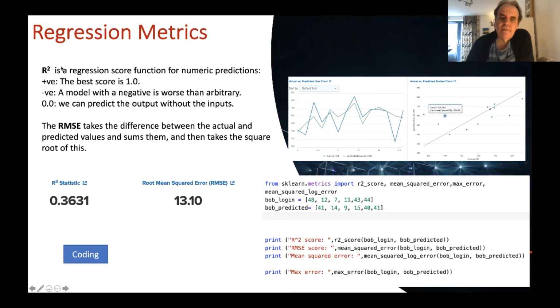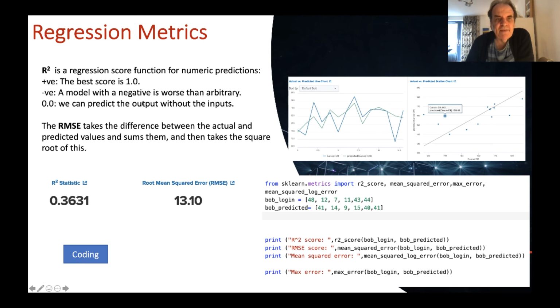The main metrics that we have are typically related to whether we have numeric values or categories. If we have a numeric value, then we have an R-squared, which is a regression score, and the best value we can get is 1.0. If it's positive, it means that we have a fairly good model.